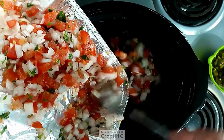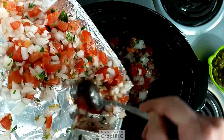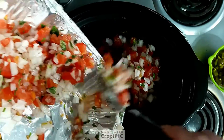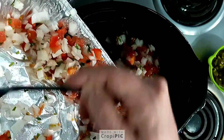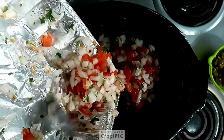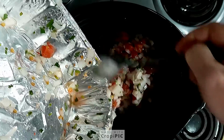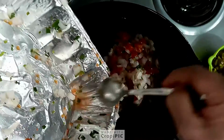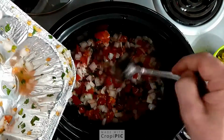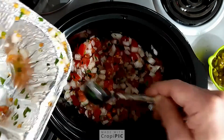And again, Pico is a simple equal ratio of white onion and diced tomato, and then a bunch of cilantro to your taste, salt, and then lime juice, but the equal parts of tomato and onion, and then the rest to your taste. But I'm gonna get that in my crock pot like so,